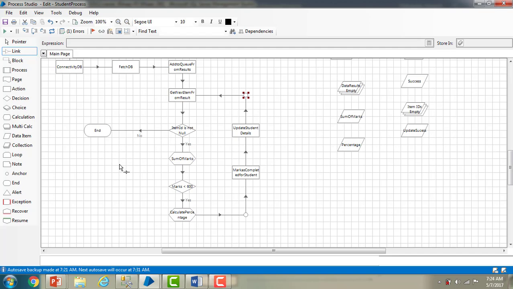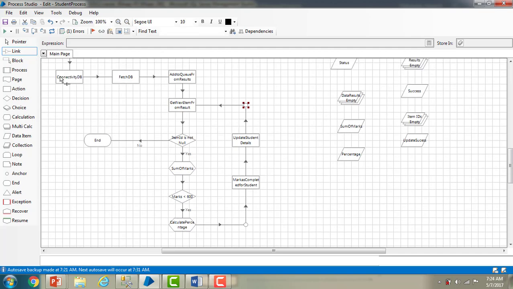As of now, I have not added any kind of exceptions. I have just connected to the database. Let me explain this process once again. First, I am going to connect to my database, and then I'm going to fetch the records and add these records to my queues. And from the queues, I'm going to get the next item using the get next item from the work queues. If item ID is not null, that means I'm going to pick up one item ID and